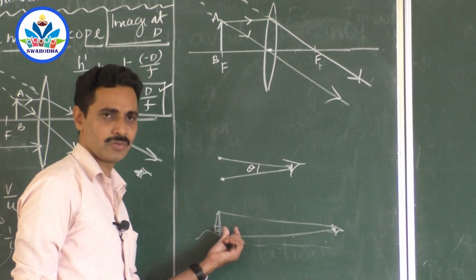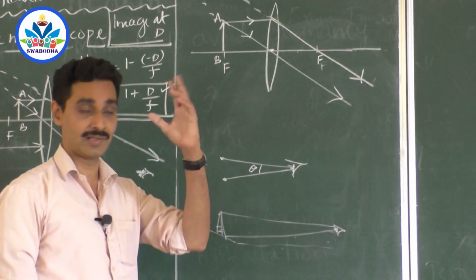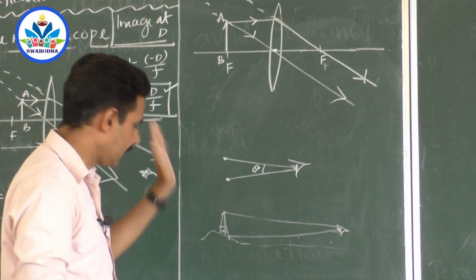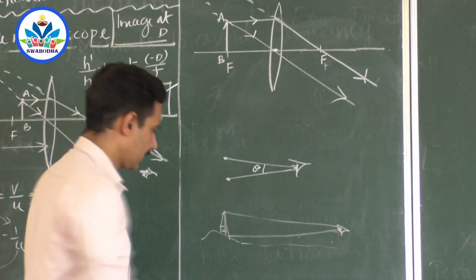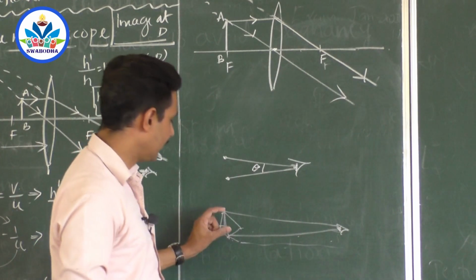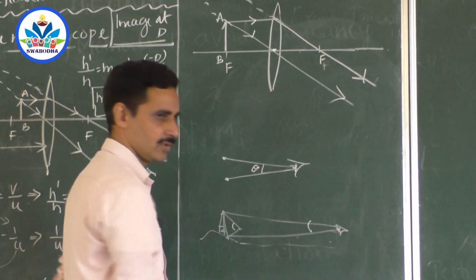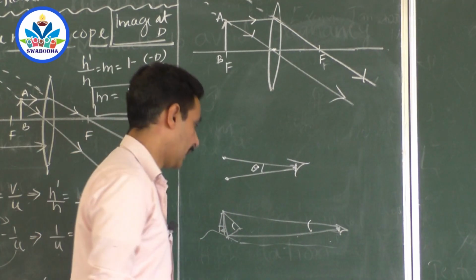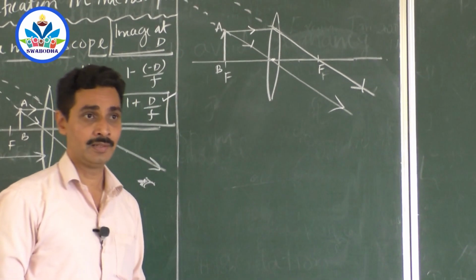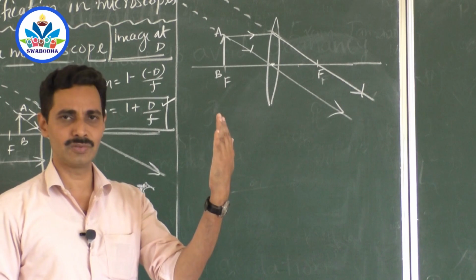And when you come very close to the tower, you can't see the tower at once, because the vision angle or the area which it covers will not be enough. You have to receive these two rays through your eyes, and that is not possible. So the angular position goes on increasing as you go closer and closer to the object. Now, how much angle will the object subtend when it is seen through the bare eyes?